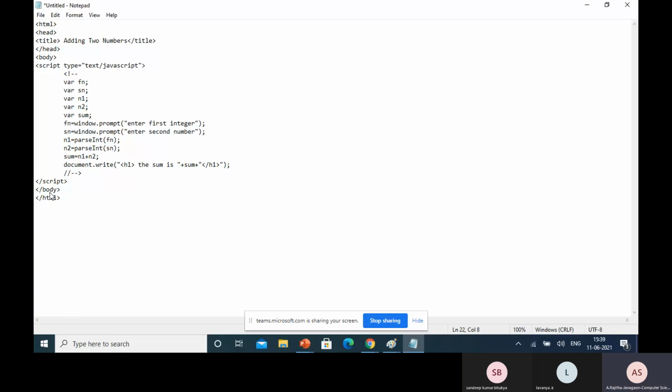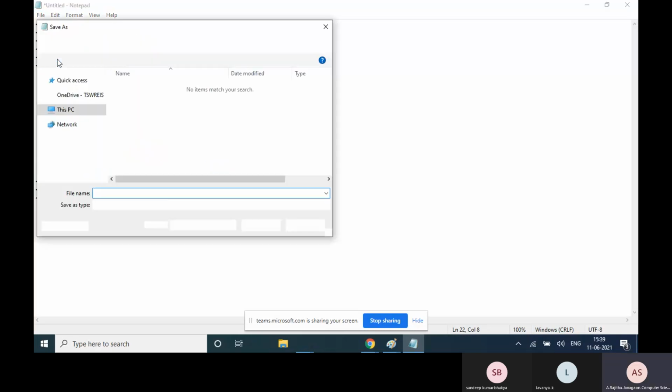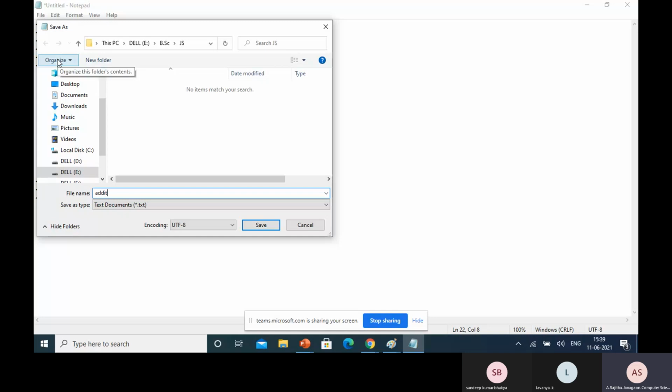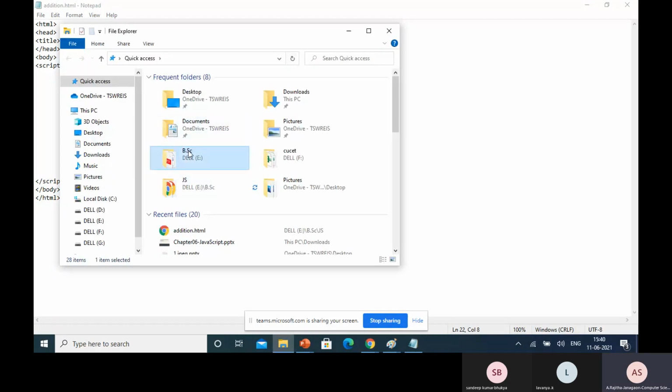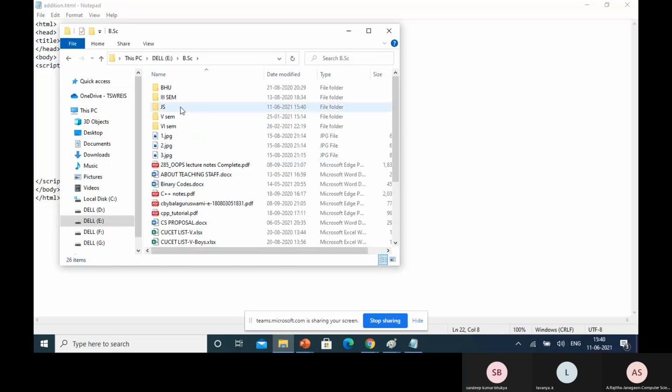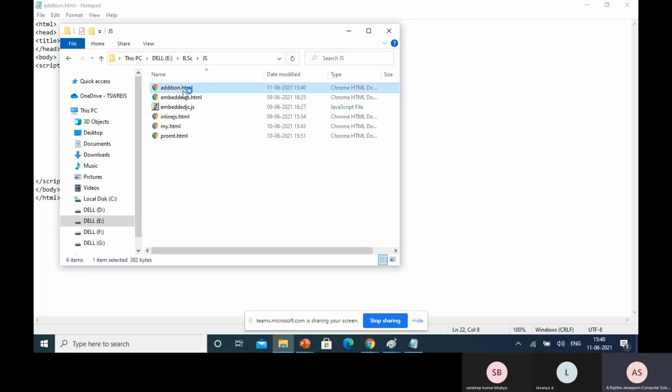Now save this application as .html in some folder, that is the JavaScript folder. Now run this application. Go to that folder and click on addition.html.